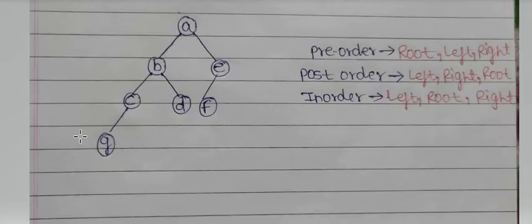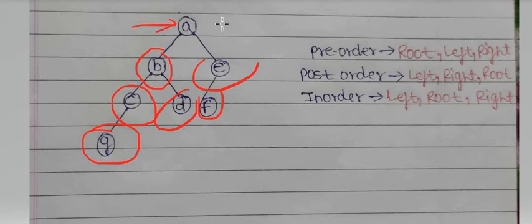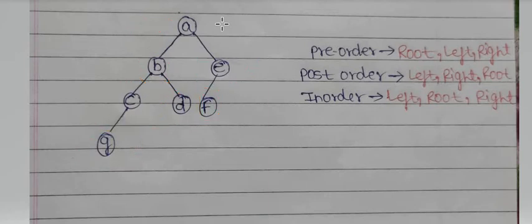So basically this is a tree that we have on the screen. Now I am going to give you a simple idea of the basic features of the tree. The topmost element is called the root node. This is the root node, and a node which has branches, suppose B has C and D as branches, so B is called a parent node, and C is also a parent node because G is the child of C. And G, which has no children, is known as a leaf node. So we have G, D, F, E as the leaf nodes. Leaf nodes are those nodes which have no children.